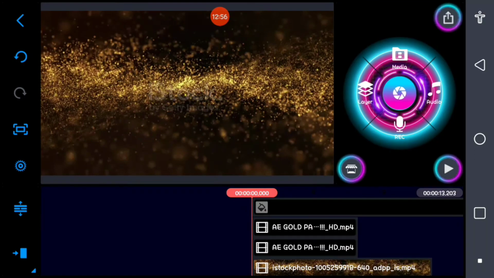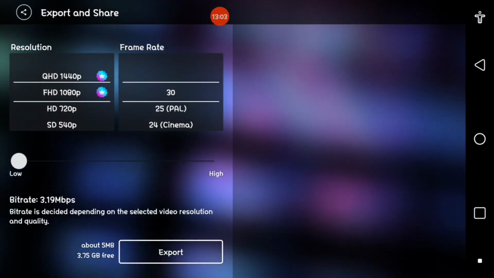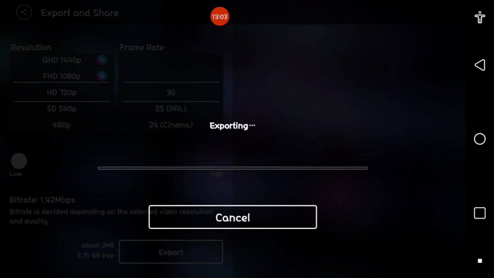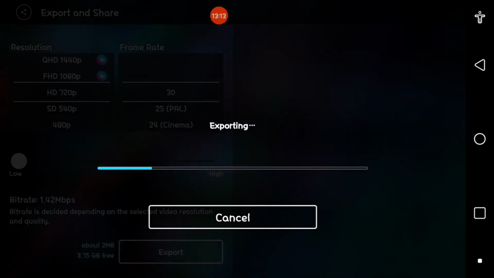Guys, now you may save this one. So just for the example, I'm gonna save it lower. We're gonna save this as a lower size for us to preview it faster.